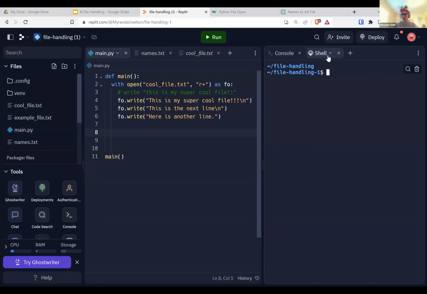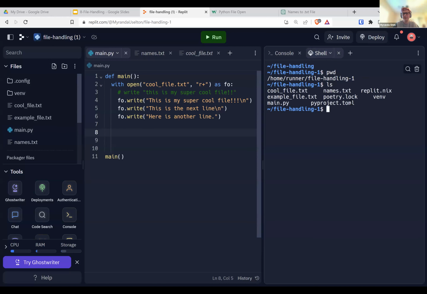If you want to check, remember from way back at the beginning of the summer, you can say print working directory, pwd. Enter will show you what directory we're in. So we have home/runner/file handling. If we want to see the other files in that directory, we can do ls, list. And it gives us all of these files, a lot of the ones that we created. Don't be worried about some of these. These are just extra ones that Replit creates so that it's able to run your code, and then main.py. So all of the paths are going to be relative to your main.py file.